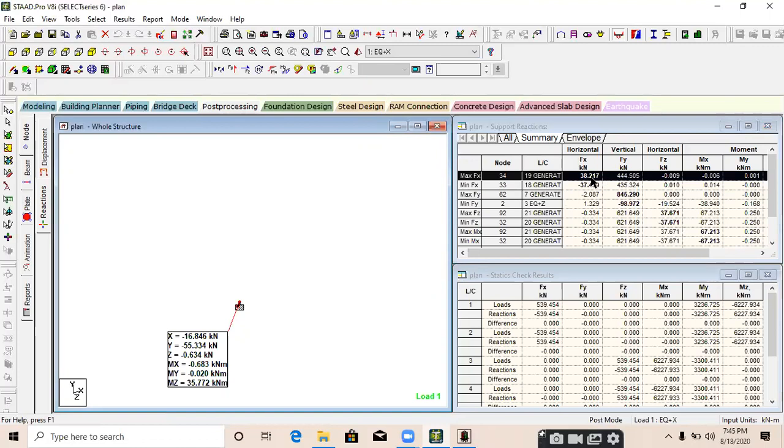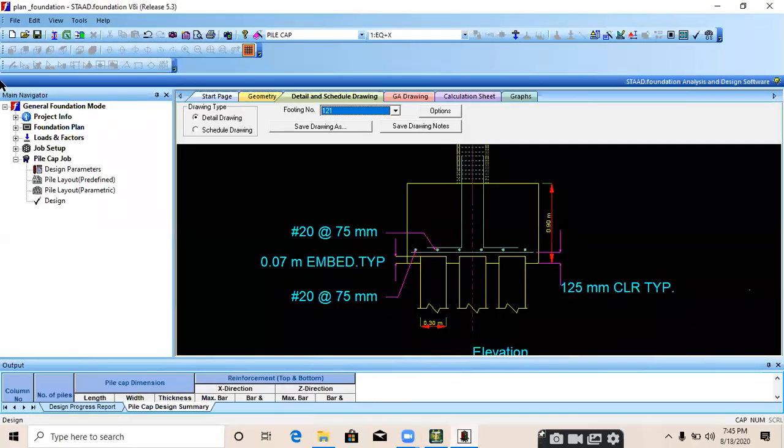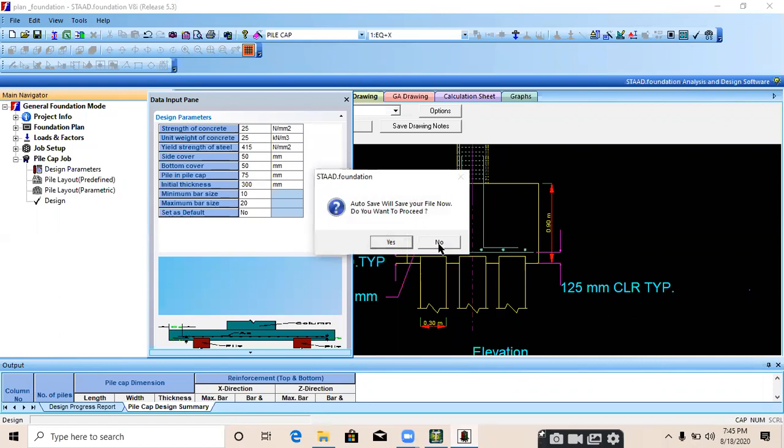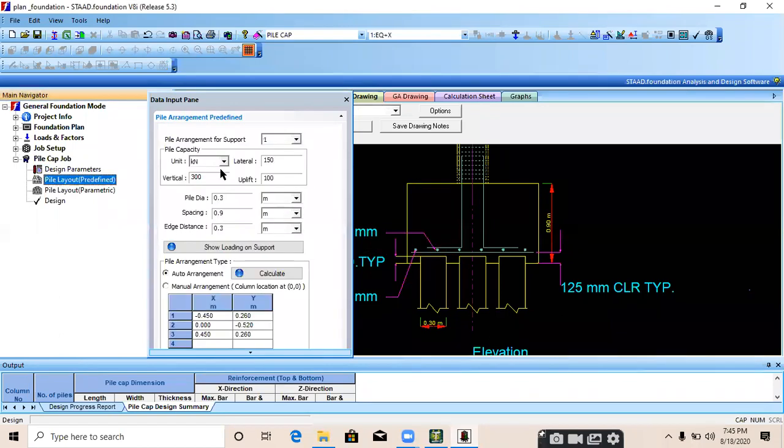So this is the maximum force which is coming on your pile or your foundation. And the capacity of one pile is how much? We are providing capacity of one pile as vertical force.